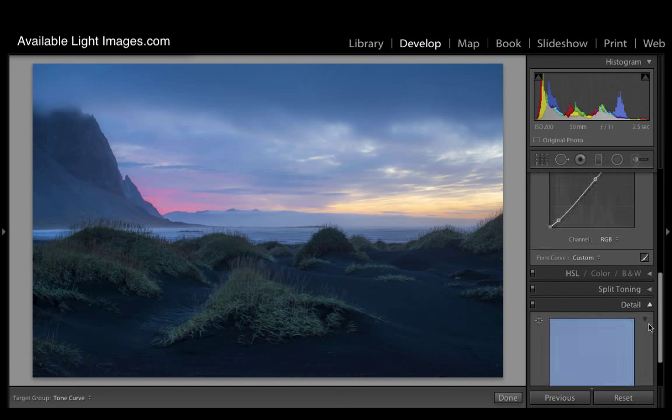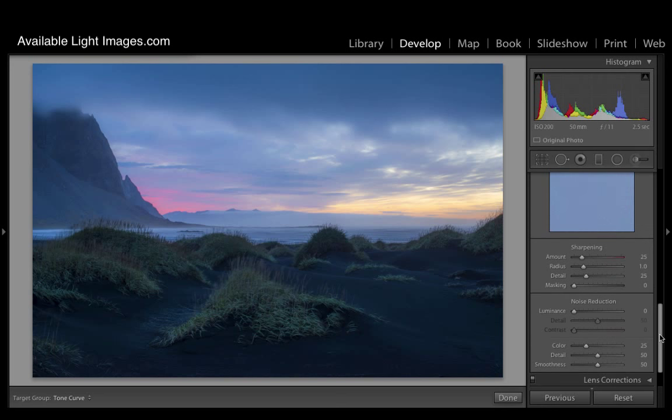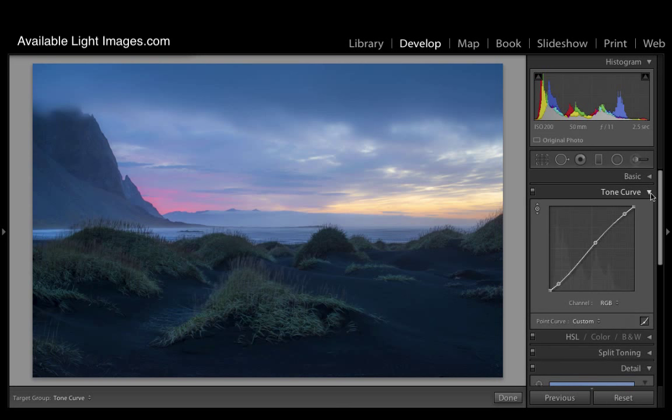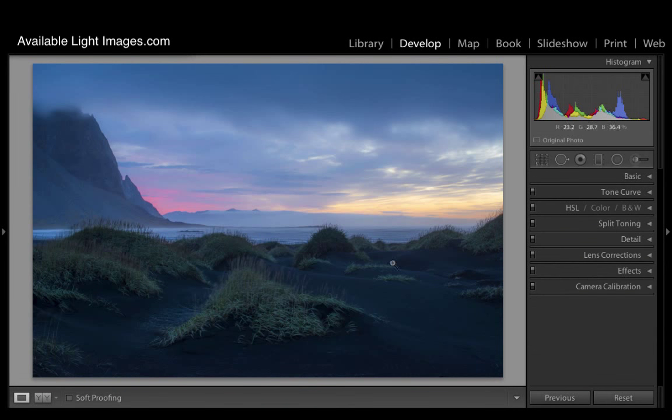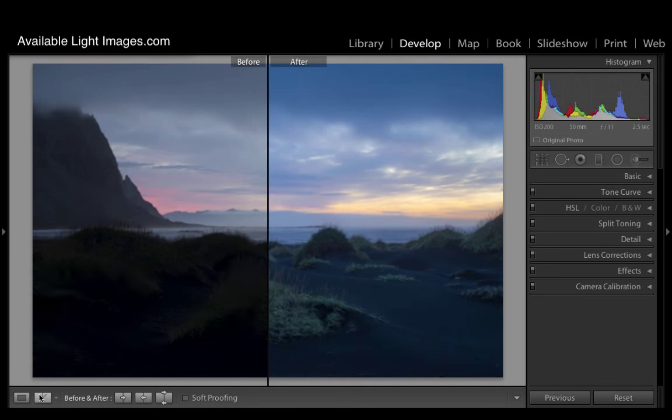Finally, in here we have detail, which is where we introduce sharpening and noise reduction, and both of those we're actually going to cover in a future video as well. So I'm just making people aware of where they are in terms of their usefulness. If we compare that image with what we started with,